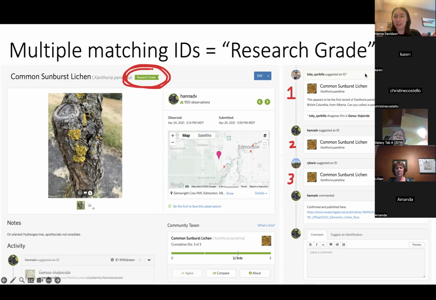And that was really cool for me because I was visiting my parents' house at this time and I was just like, Mom, what's growing on your tree? That's pretty weird. And it ended up progressing to this actual full entry in a scientific paper about what lichens are in Alberta. And it was crazy for me. And I was an undergrad at that point. It was so exciting. I was really feeling like I was making a difference.